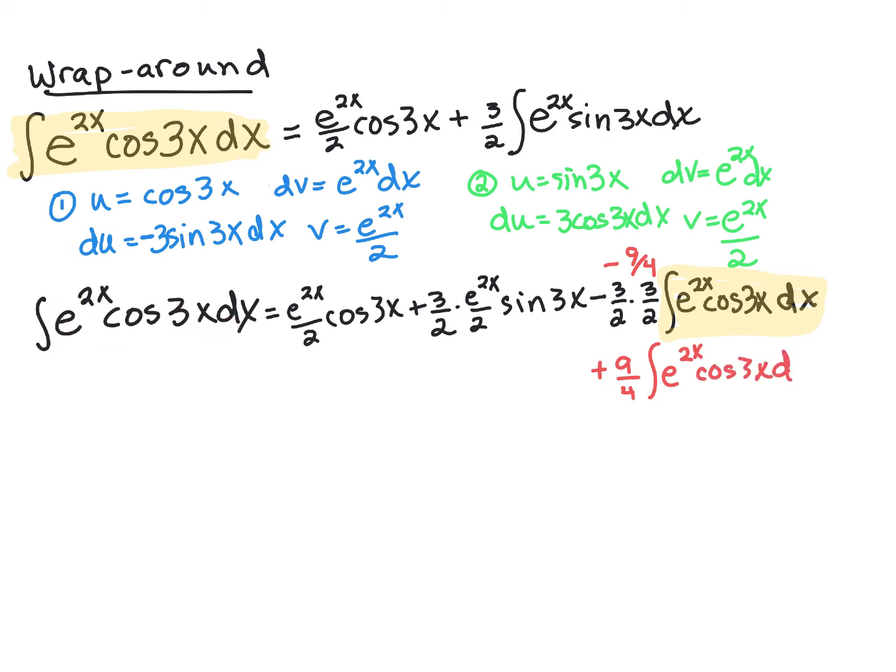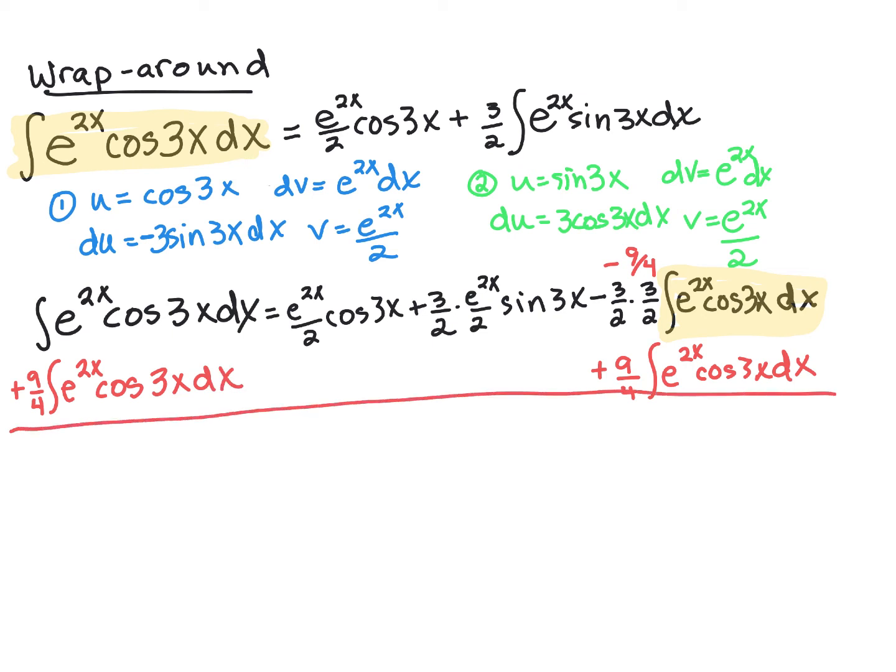So this is why we call it a wraparound, because cosine or sine keeps flip-flopping back and forth when you take derivatives of it, but the signs change. So that means that I'm going to end up with the same thing on the right that I had on the left. So I can group these things together. I've got 1, which is 4/4, plus 9/4, 13/4 of the integral that I was looking for equals